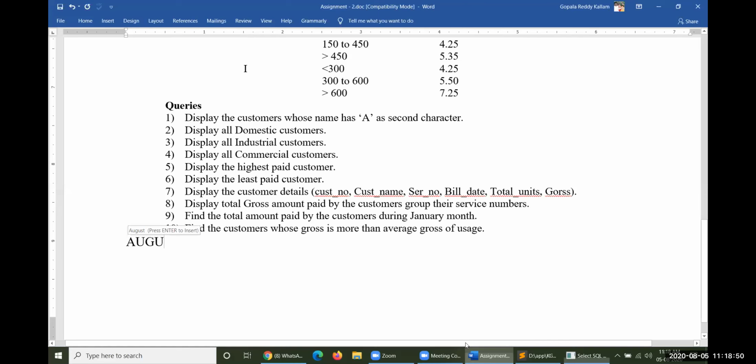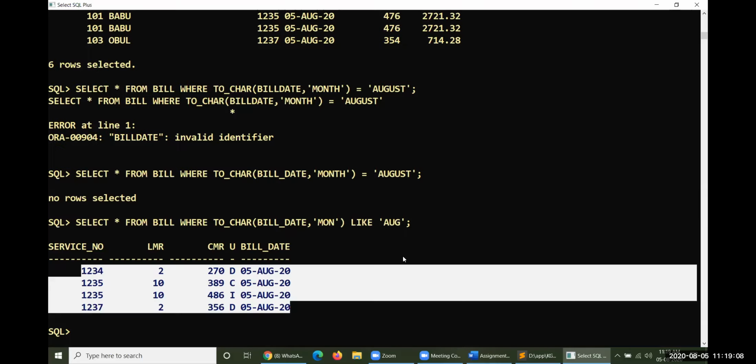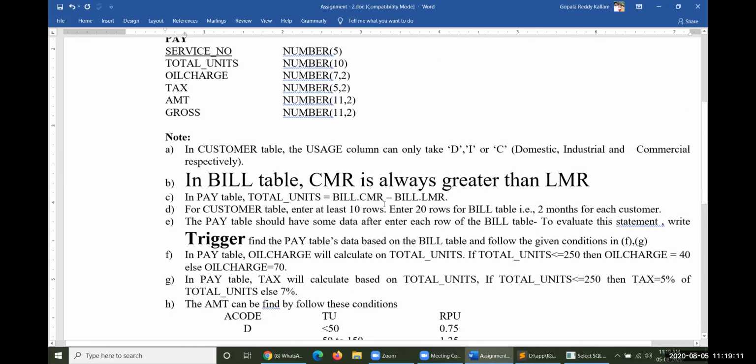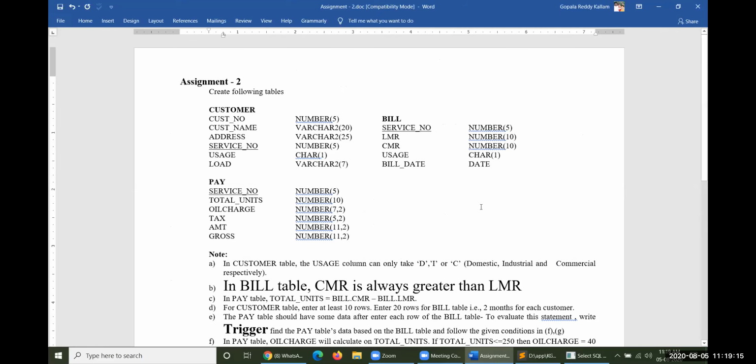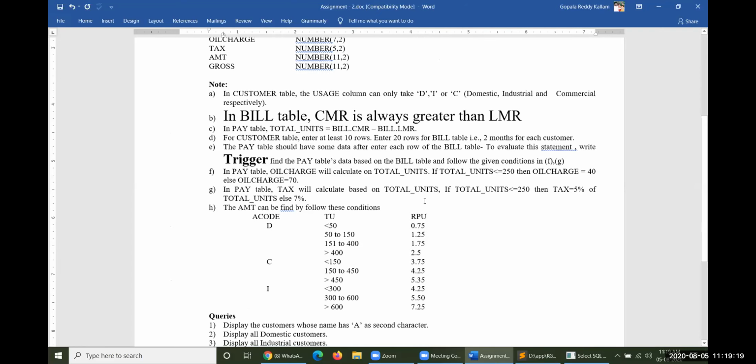Okay. So to display the values of the 8th and 10th query, we need to have a huge amount of data. Huge amount of data is required. So that is why I'd like to give you these two. After entering some data, I'll send the specifications to you also. So this is the way to solve, or to run, one particular small application which is related to the electricity department. Okay, look at this. This is the way.